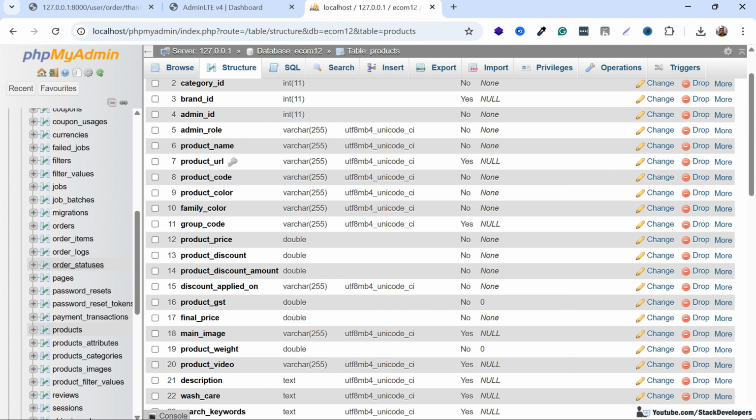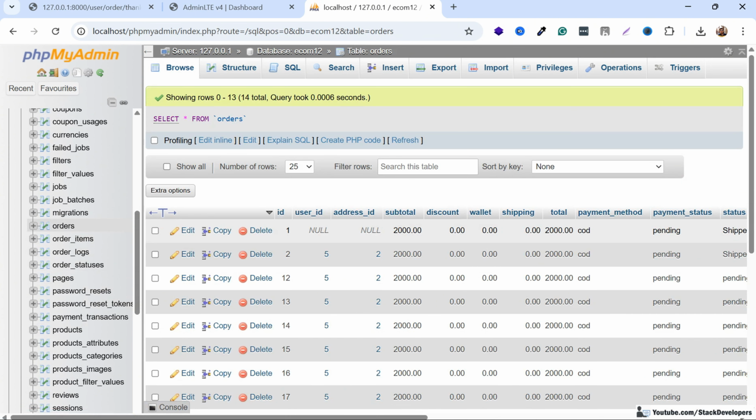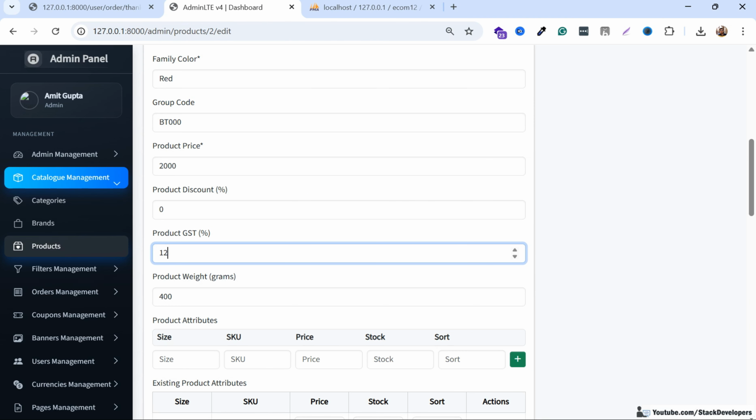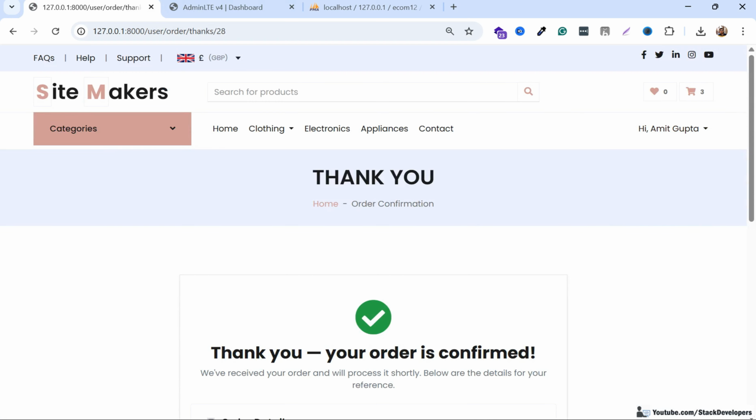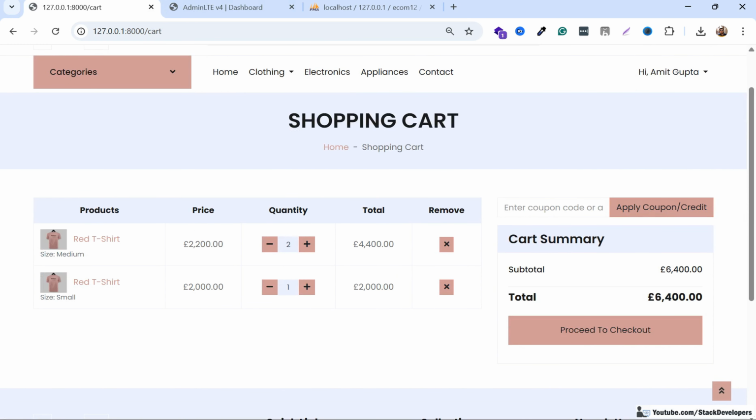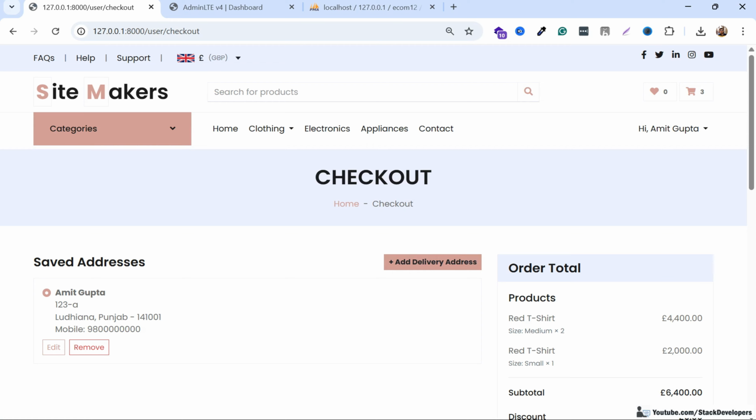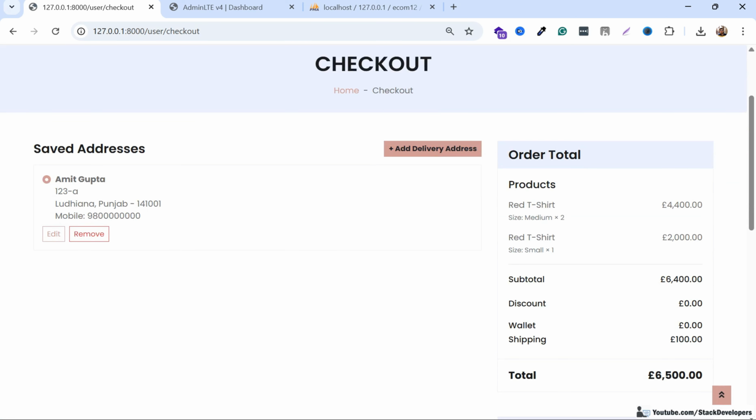So the product GST column is already there in the products table, and now we are going to add this column inside the orders table and also the order_items table. So both these tables we are going to update, and also we are going to show this one in the checkout. Once the user adds the products in cart and reaches the checkout page,